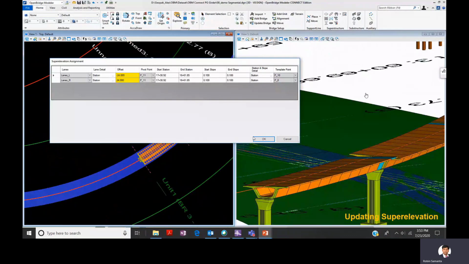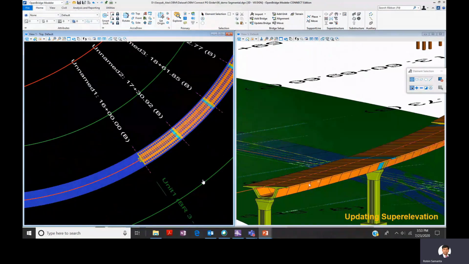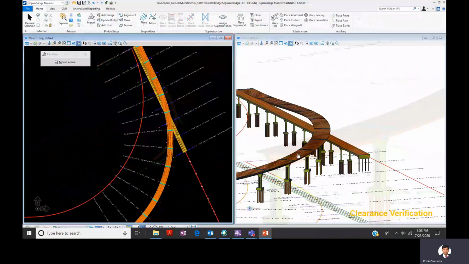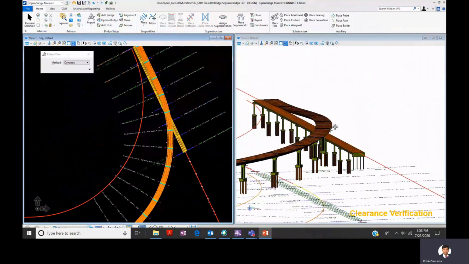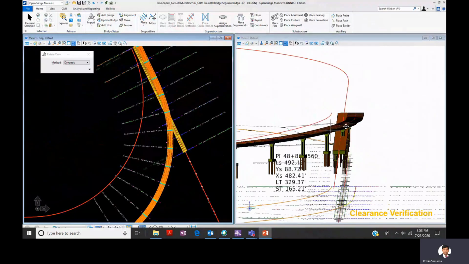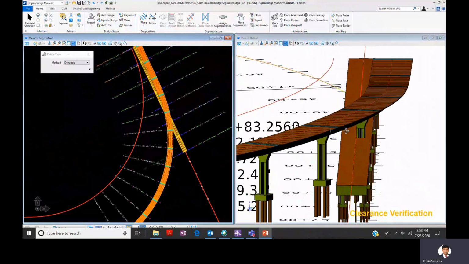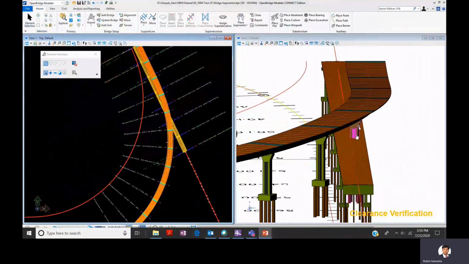Now you can see that we are adding it to the second span as well. So that's how easy it is working with OpenBridge Designer. Now here we are seeing that there are very easy tools to check for clearance, right? Sometimes it is required for a complex interchange, or if there is a flyover or two-level flyover. So you can easily identify the conflict. Right now you can see that there is a pier which is coming at the first level of the bridge. So definitely that's a conflict. First of all, we will try to modify that pier, right? We'll assign a different shape of pier, maybe a multi-column pier, so that there is not a hard clash.